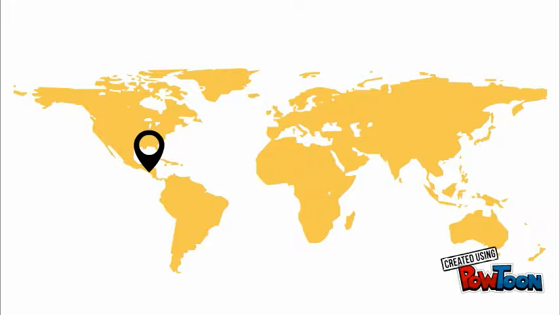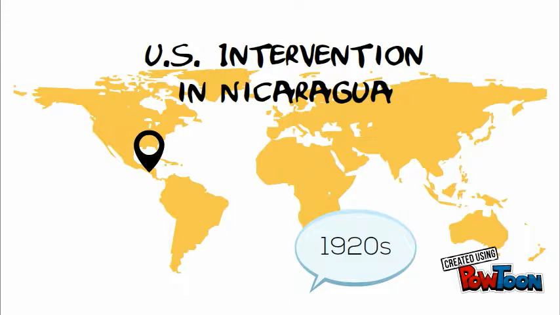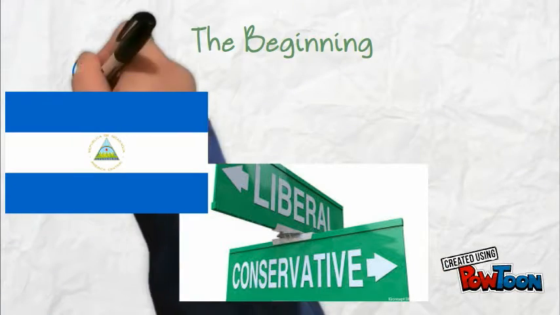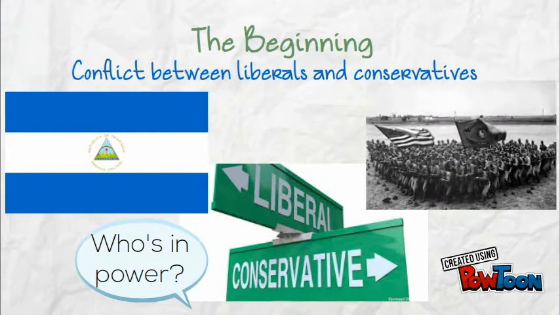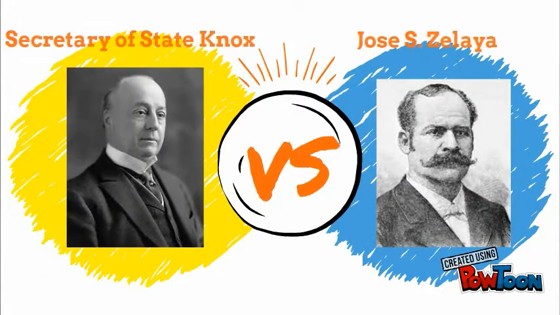United States intervention in Nicaragua in the 1920s. During the early 1900s, Nicaragua was involved in constant rebellions and revolts between liberals and conservatives. U.S. Secretary of State Philander Knox intended to stay neutral until President Zelaya of Nicaragua commanded his forces to execute 2 U.S. officers. The United States then imposed a puppet government, and Zelaya was soon removed from office and replaced